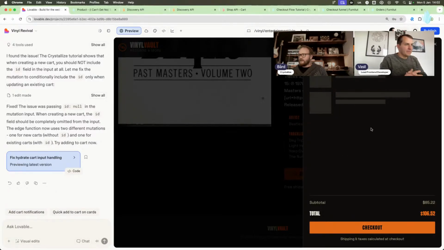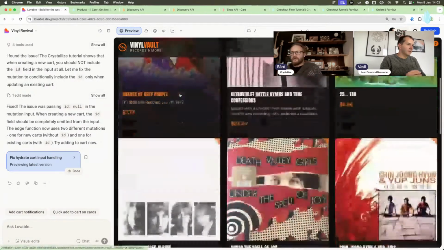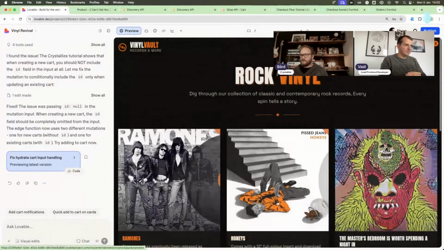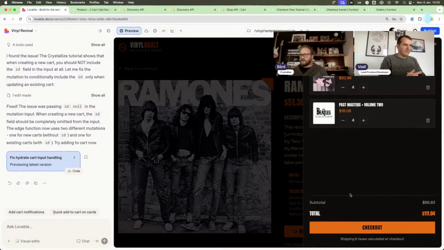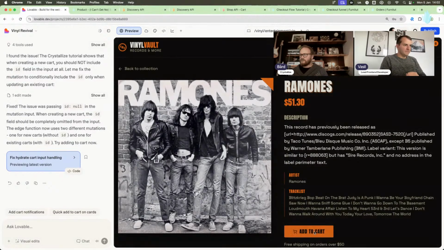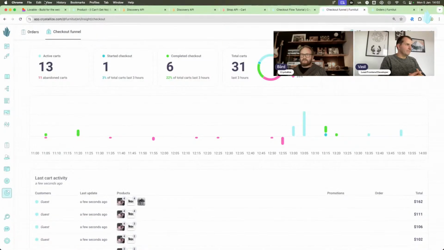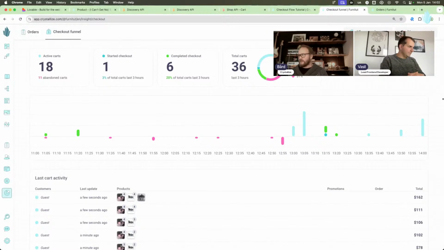Essentially what we have here now is a product listing page. We have, of course, the pagination up to 82 here. We have the product detail page, and we have the add to cart and the cart actions. Maybe we want to get Ramones too. We can check on the insights here in Crystallize. So this is a real-time checkout funnel where you will be able to monitor what's going on. And here we see that we have a cart here,